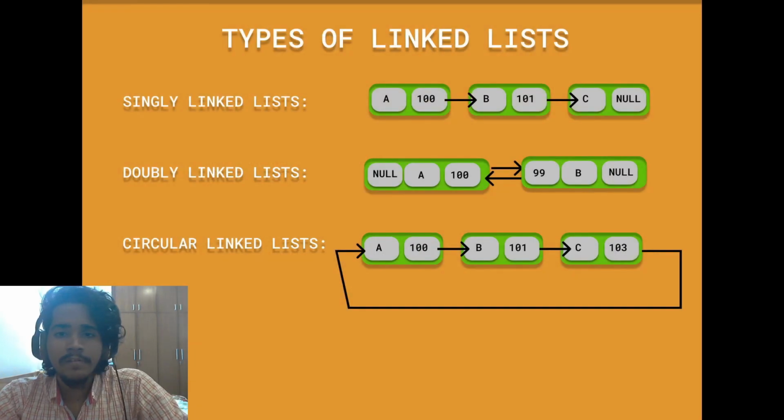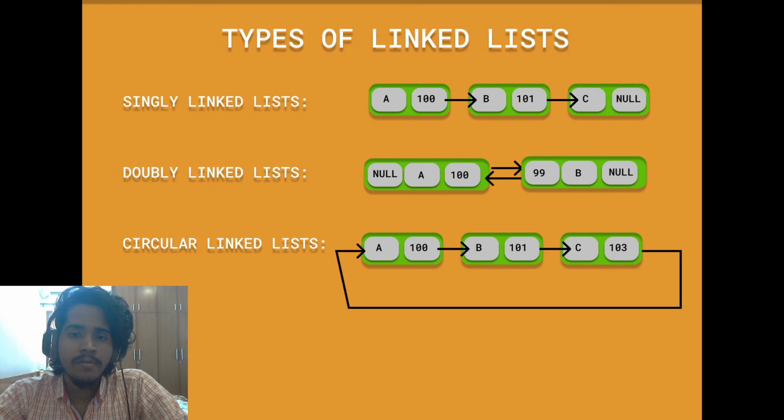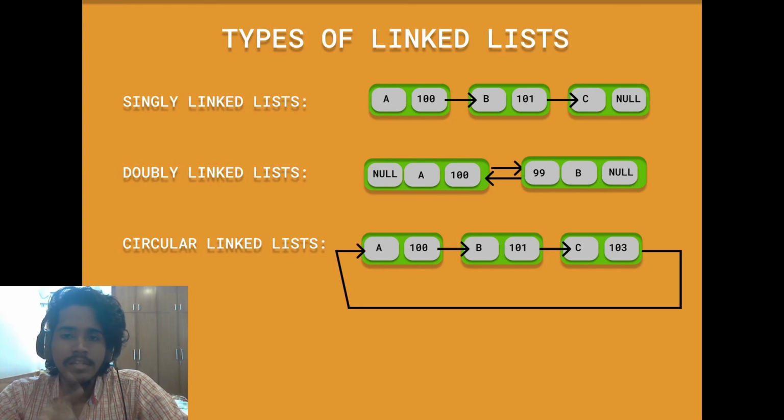Now we look into the types of linked lists. Till now we have been working with only one type of linked list, that is called single linked list. That is, it just points to the next node in the given linked list. Now there are two different types more. That is doubly linked list, where each of the nodes has three attributes. That is the data value itself, and 2 pointers. That is the previous pointer which points to the previous node, and the next pointer as usual which points to the next node. And the third type of linked list is called a circular linked list,